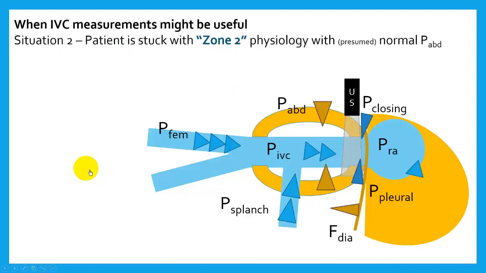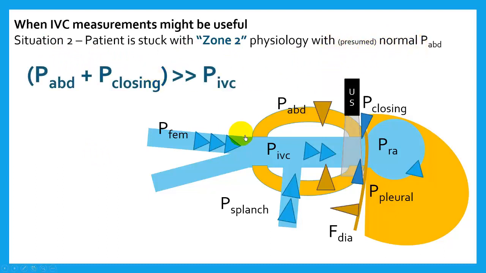So let's contrast that with patients who are stuck in zone 2. This is the other situation where IVC ultrasound might be helpful or might be useful. If someone's stuck in zone 2 physiology and we presume they have a normal abdominal pressure, well, we can see how this would be helpful. So zone 2 physiology is this: when the abdominal pressure and the closing pressure constantly exceed IVC pressure throughout the